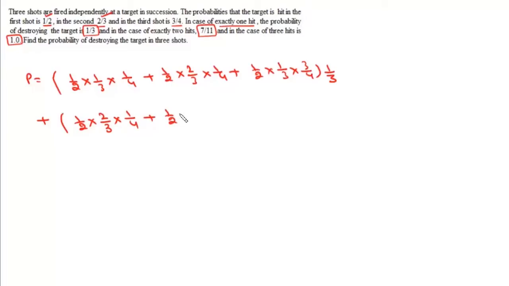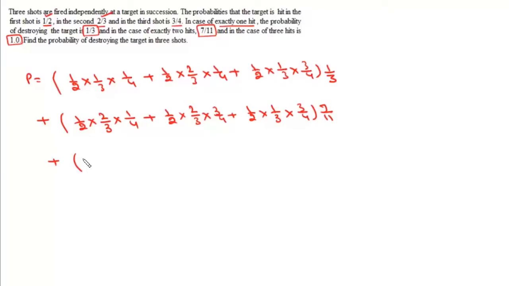In that case, it'll be 1 by 2 into 2 by 3 into 3 by 4, or first and third hit the target while the second one misses. So it'll be this 1 by 2 into 1 by 3 into 3 by 4, and probability of it getting destroyed in two shots is 7 by 11, and plus this third case when the target is hit by all